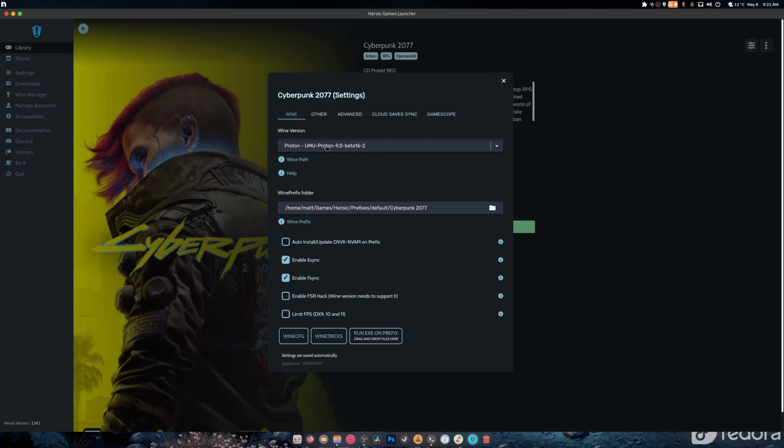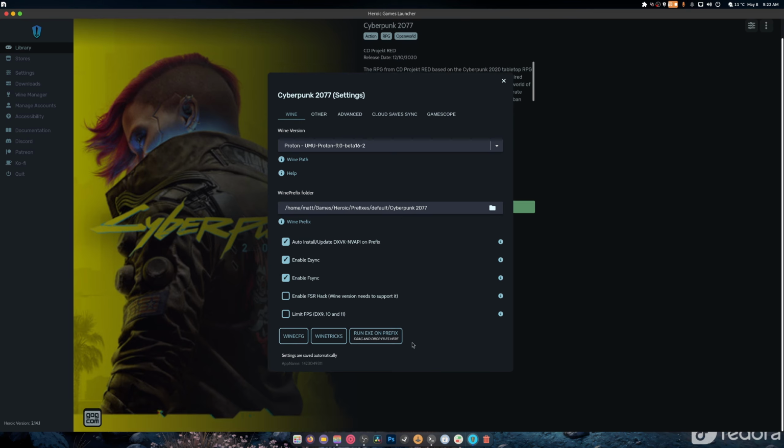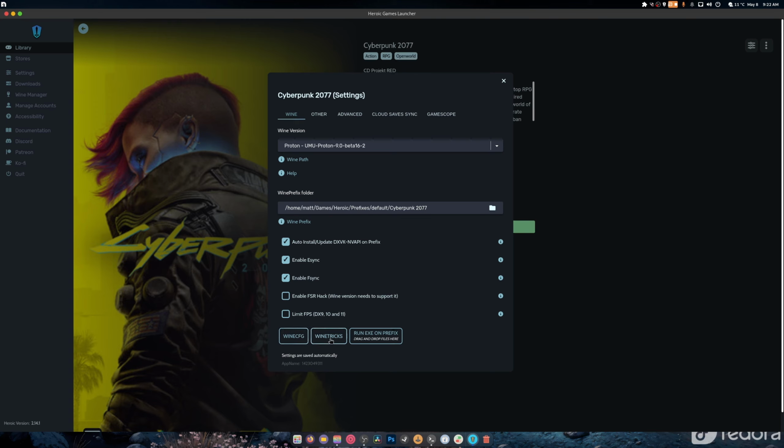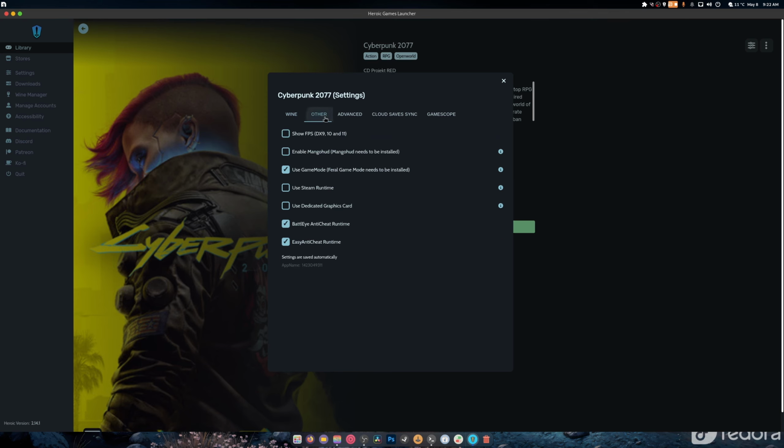Now, it allows us to change our wine version. It allows us to change where we want the wine prefix folder. It allows us to auto install and update. And it allows us to enable FSR if we want it, so on and so forth. It allows us to run wine config, wine tricks, and even run certain executables on the prefix by dragging and dropping there. Now, this allows us to show FPS, enable Mango HUD, use Steam runtime,